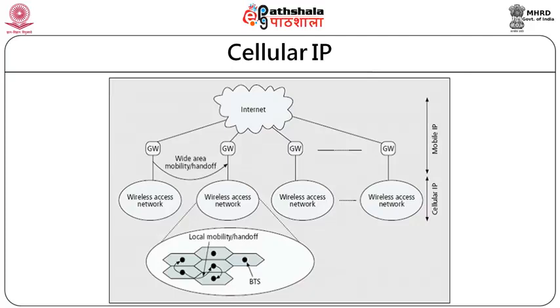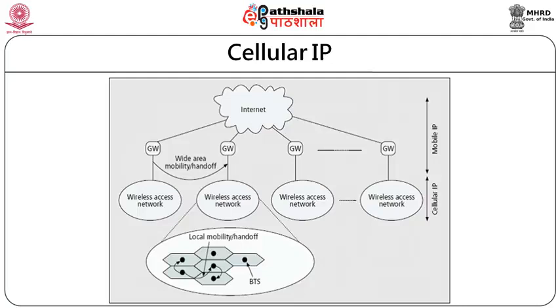So there is a mechanism which indicates the delivery of packets from one machine to another machine with high probability. There are basically two mechanisms used here: one is semi-soft handover and one is hard handover. So handover in cellular IP falls into two categories, hard handover and semi-soft handover. During the handover mechanism, quality of signal matters.